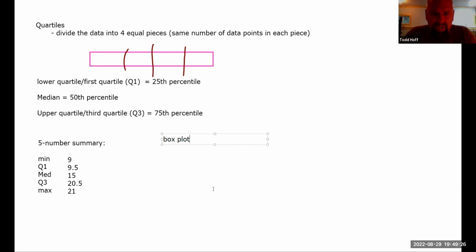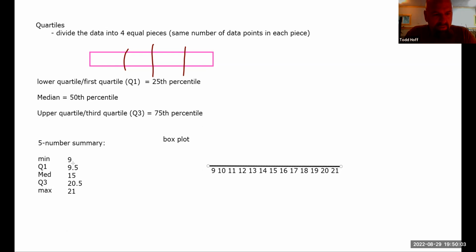Similar to a dot plot, the box plot uses a number line. It goes from the smallest number up to the largest number. Now, Excel has an add-in function in the data analysis tool pack that does box plots, but it does not do them correctly. It does a very poor job of it. So I'm okay if you just use the draw tools in Microsoft Word, just like I'm doing here on screen to sketch out the